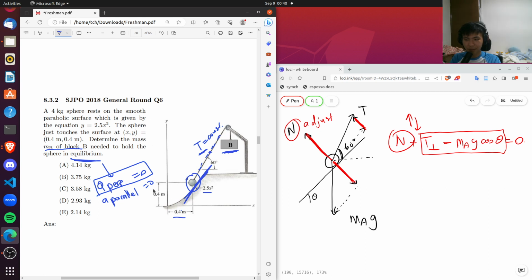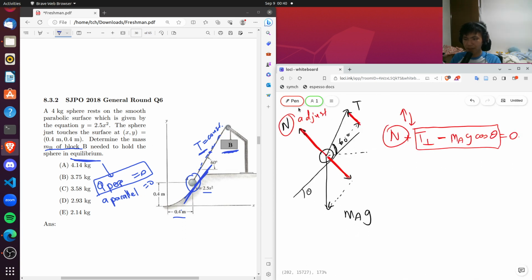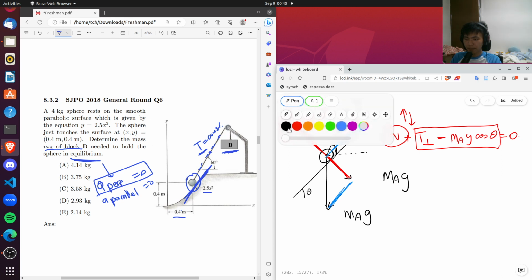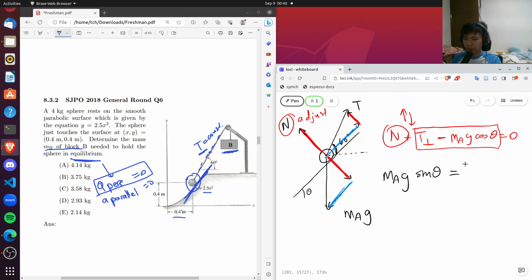All we need to worry about now is the parallel component. If I highlight it in blue, the parallel components are this one and this one. So mg sine theta is equal to T